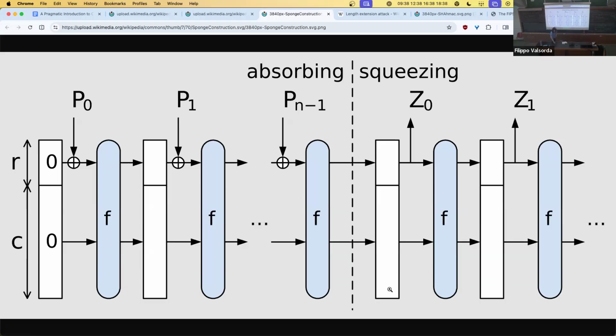We just use a one-time pad with the output. Yes, exactly. You've just invented a stream cipher. You just put in the parameters, the key, and then nothing else. And then you squeeze until you have as many bits here as there are in the message. Then you do XOR between those bits and the message.